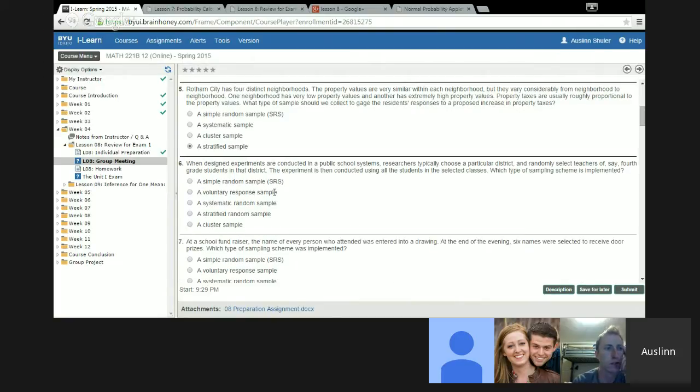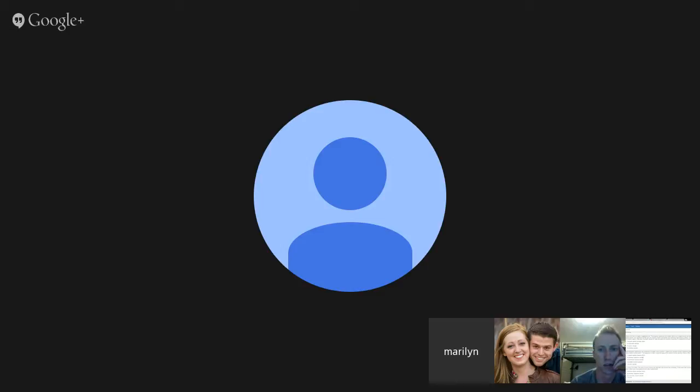When designed experiments are conducted in a public school system, researchers typically choose a particular district and randomly select teachers of, say, 4th grade students in that district. The experiment is then conducted using all the students in the selected classes. Which type of sampling scheme is implemented? This one I was a little confused about, but I want to say systematic.